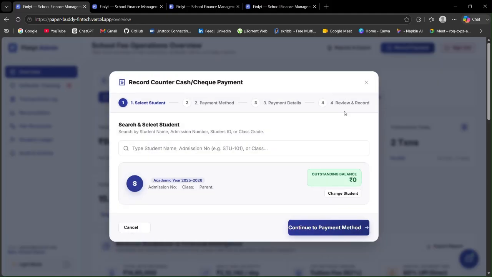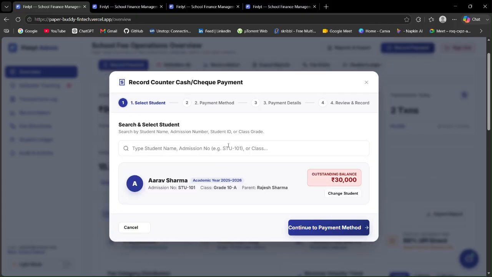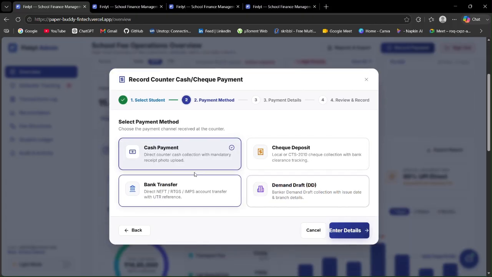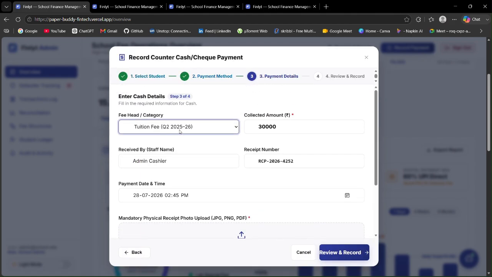Next important feature is the record payment feature. The transactions which are coming from offline mode, which are not made by our website, for example, checks, cash, etc., can be recorded by the admin. So let's, for example, I select Arav Sharma and I select the payment mode. For example, there's a cash payment being made by Arav Sharma. Now, I can categorize it into what type of fee it was, the amount which is being collected,